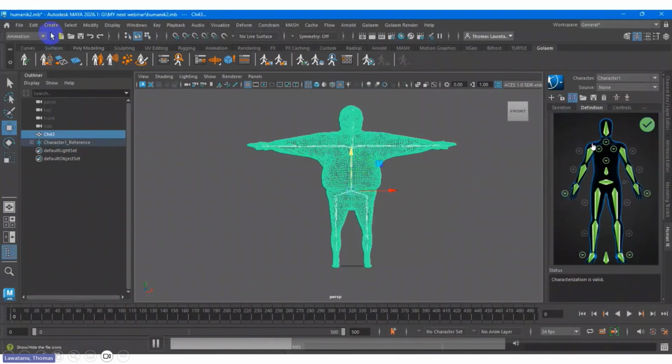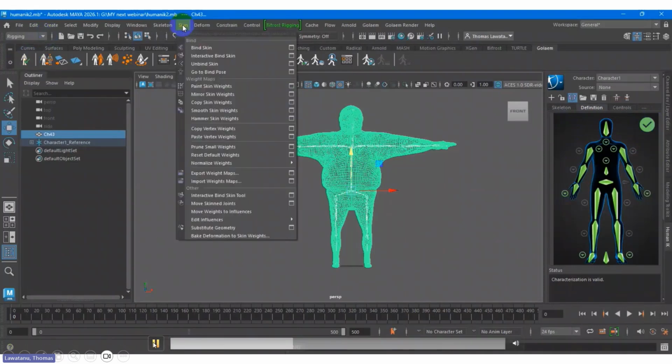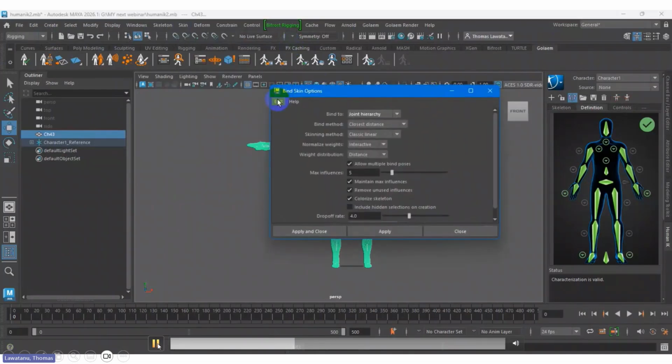Once you get that, the next thing you must do is bind. Bind means you bind your bone and your character, because maybe you forgot the bind. If you're missing the bind, you cannot move the character based on your bone. That's why you need to bind skin. I think this is all default, so I reset everything here. But you can check and adjust any option here one by one.